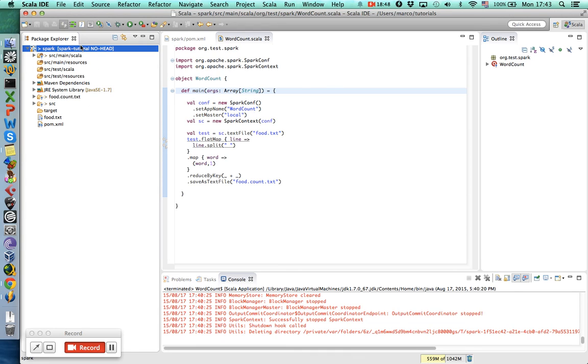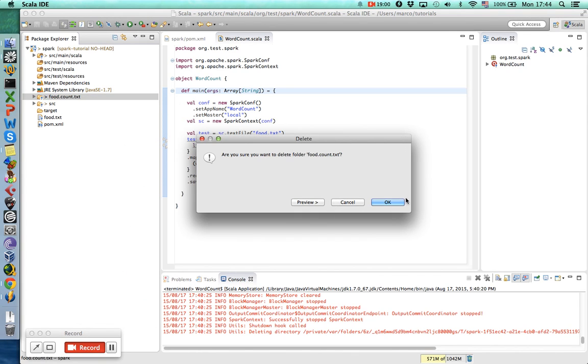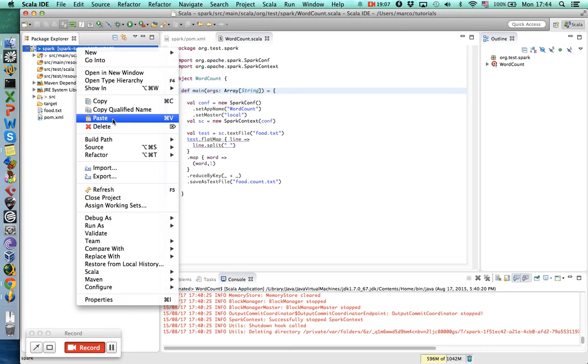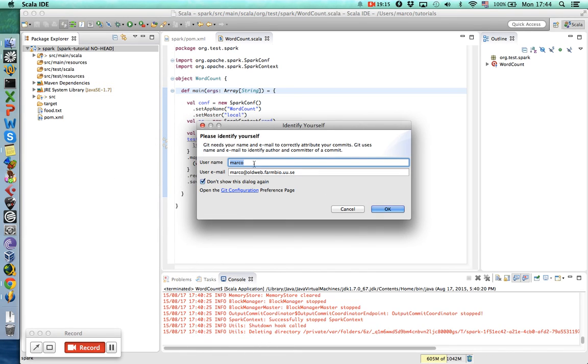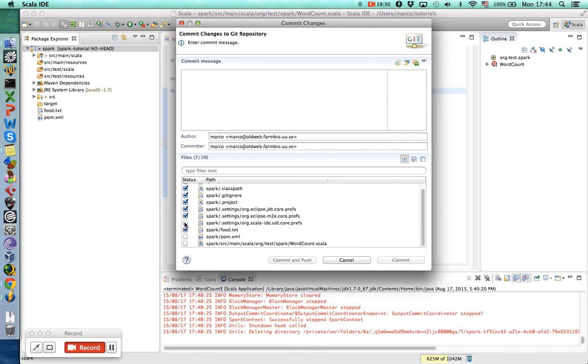Okay, once we created our local repository, maybe I will delete this output from the example. All right, we are gonna do our first commit. So team commit, and you're gonna have to choose some kind of username and email, whatever you want. You're gonna select all of the files, and your comment will be first commit. So we're gonna click on commit and push,